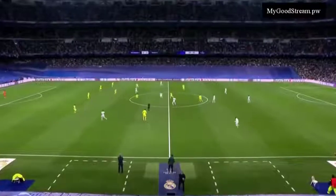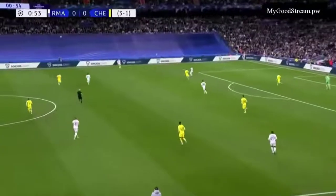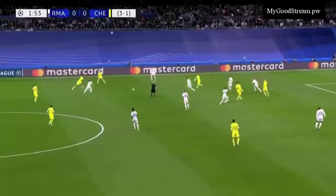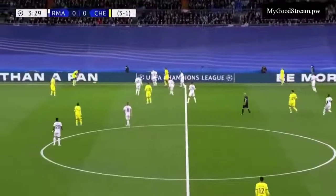Well, we are underway. Chelsea in a change strip of all yellow, and of course Real. Chelsea goalkeeper Thibaut Courtois, who was in excellent form. Real Madrid set out here to maybe just kill the tie, and played very well. Interesting formation though from